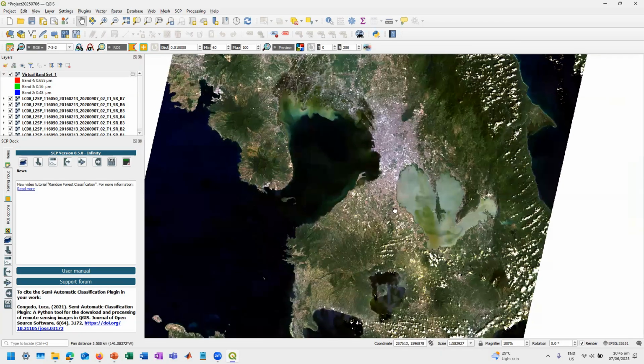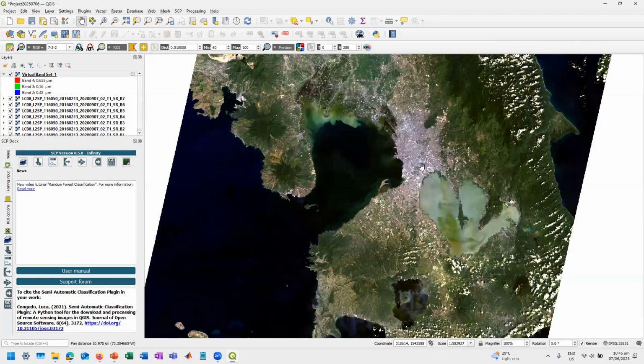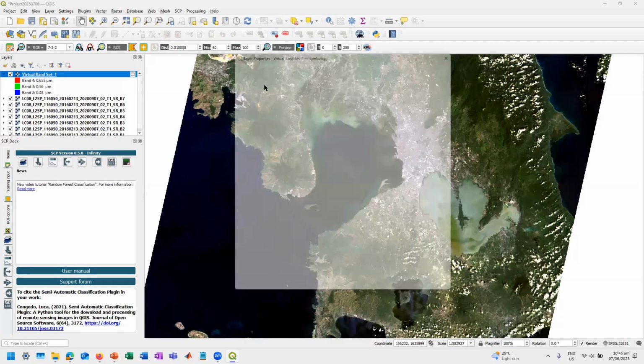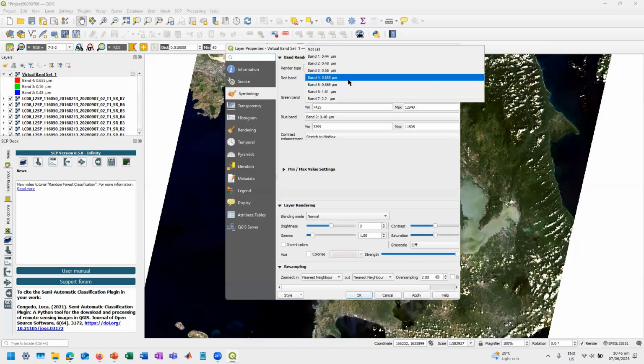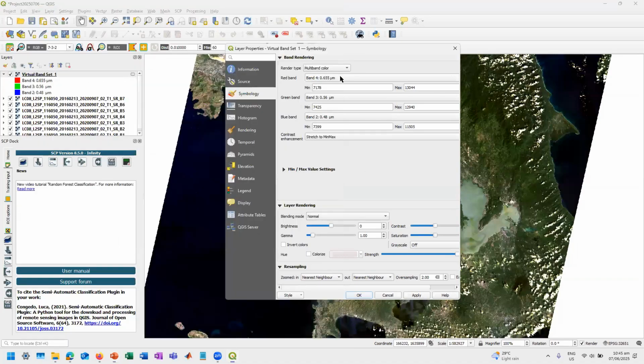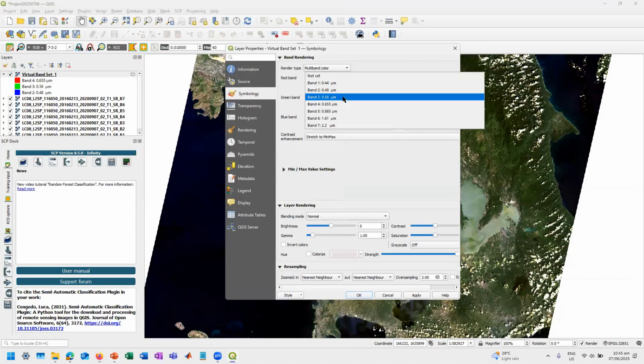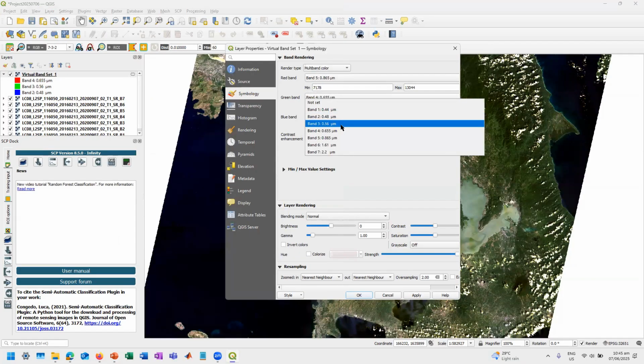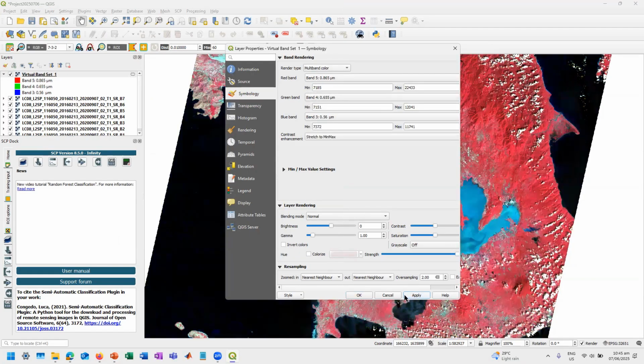So you will notice here that this is what it will appear when you look at this area from the top using your eyes, no? But if you want to look at, let's say, color infrared, it is 543. So this should be 5. This is 4, and this is 3. Then we apply.